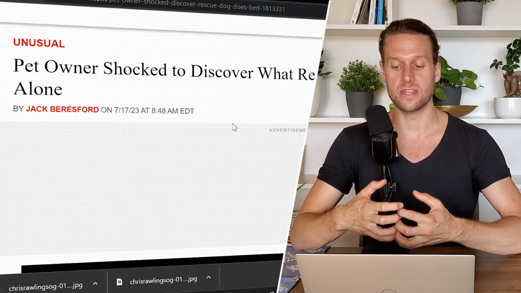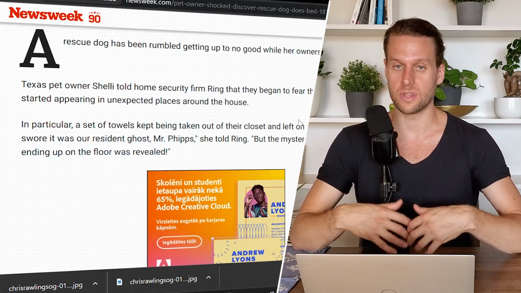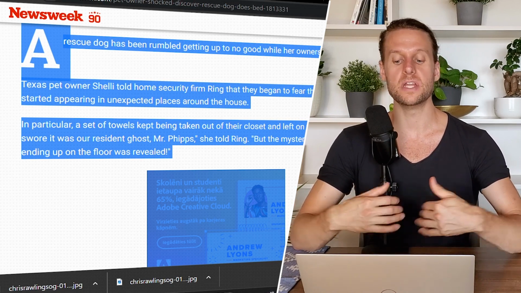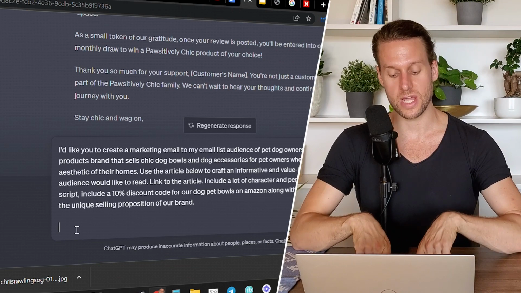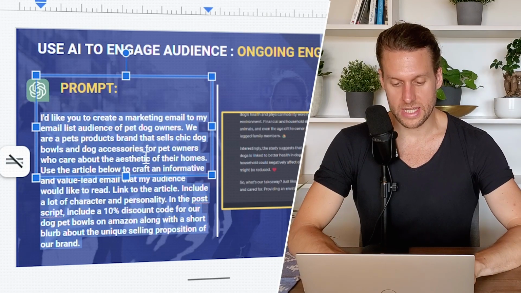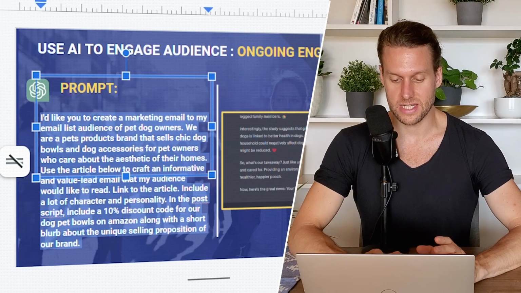Then you could take that piece of information or content that was released, or that piece of news, and feed it to ChatGPT and ask it to create an engaging piece of content based on that for your customer avatar. So this allows you to use ChatGPT to send the most relevant content in the format that you need, which is via email, to your customer base on up to a daily basis. You could do this as frequently as you want, because with Google Alerts you can set as many alerts as you want.